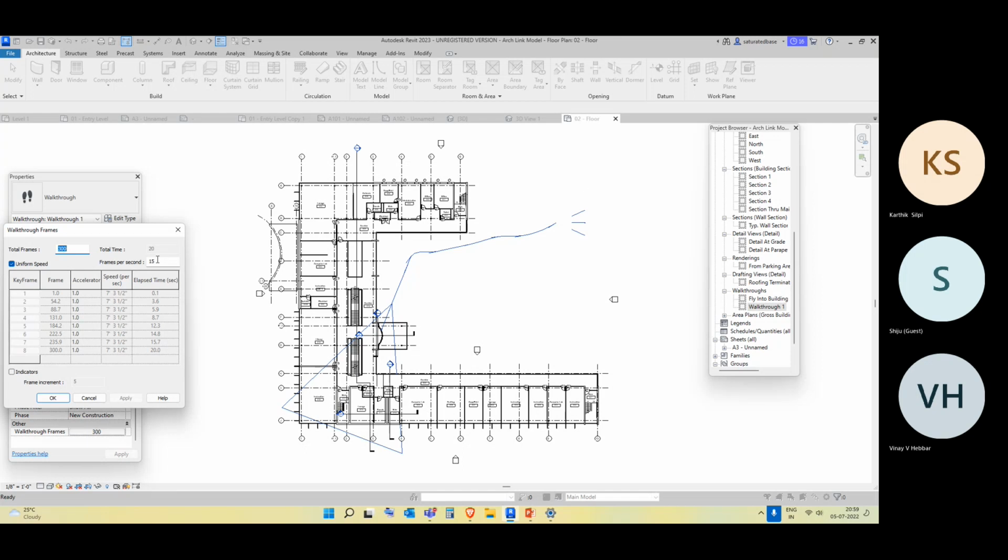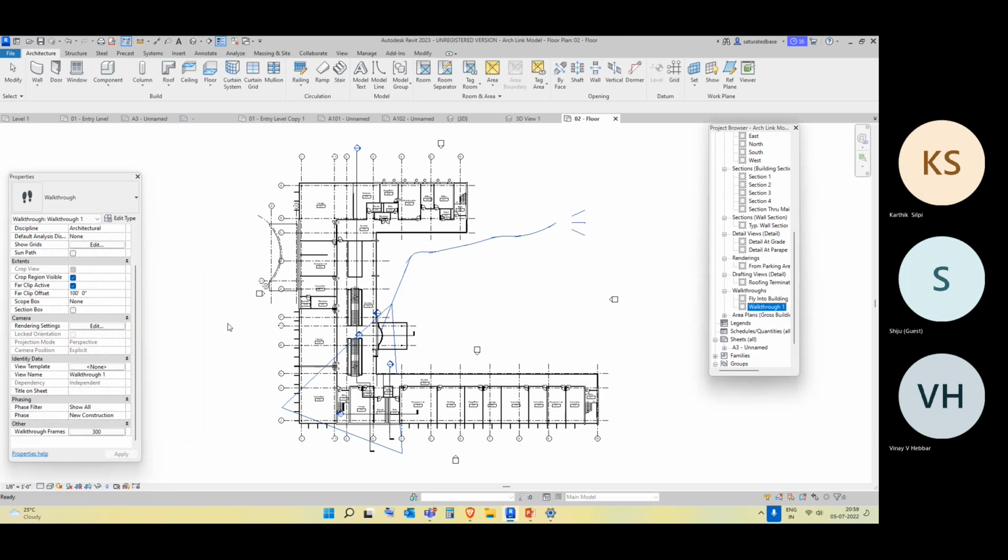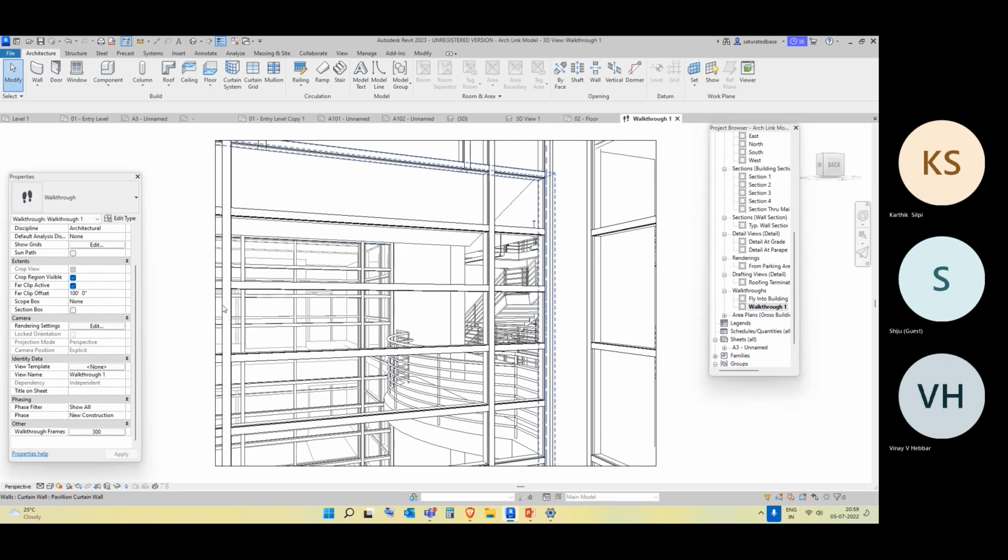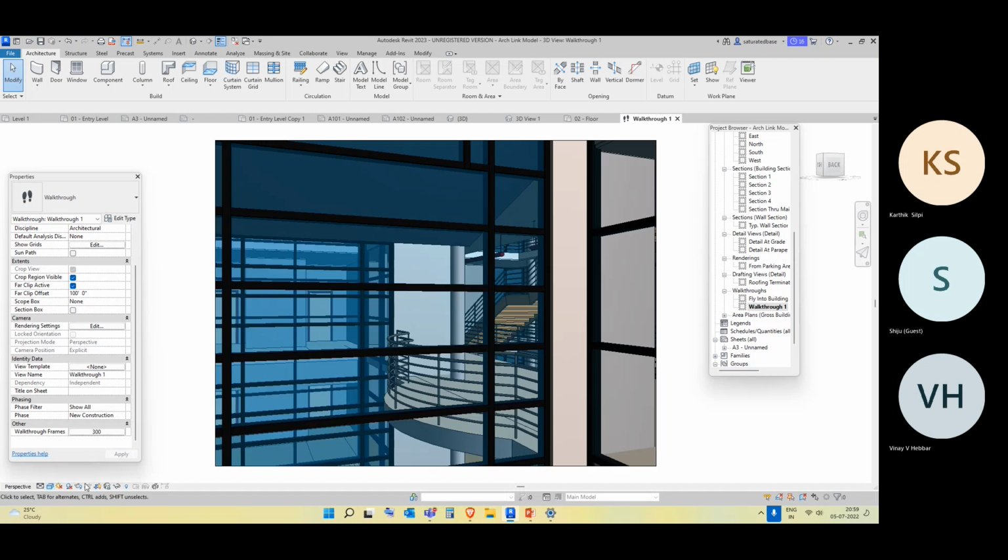So you can see there are 15 frames per second. You can increase or decrease the frames, and finally you can just double click that walkthrough. Even after double clicking, you can add certain settings over here, like renderings and all. Then you can just select your view. OK, then you can just